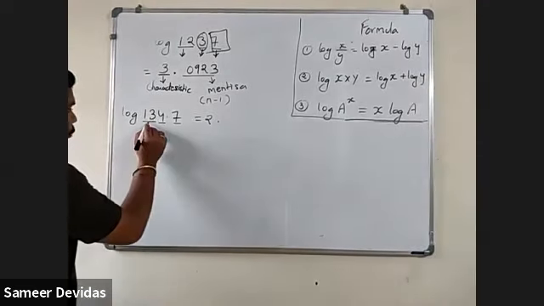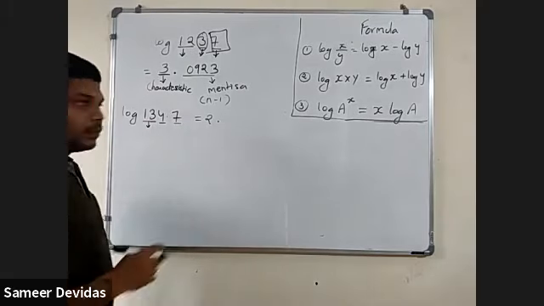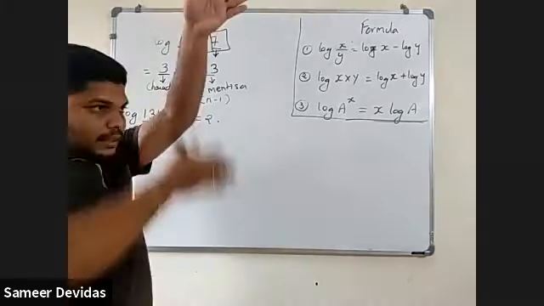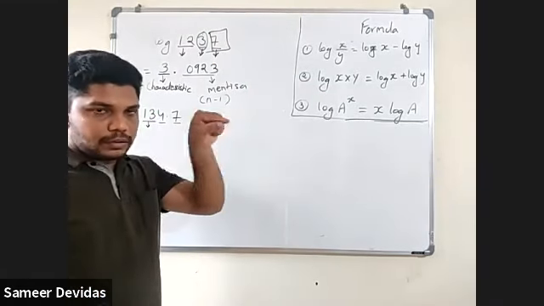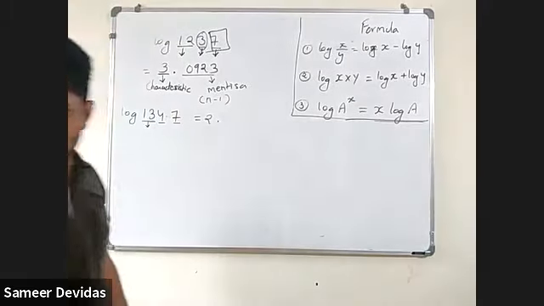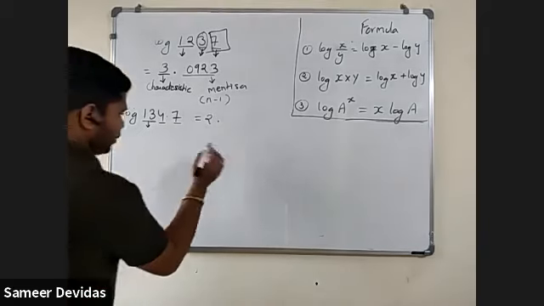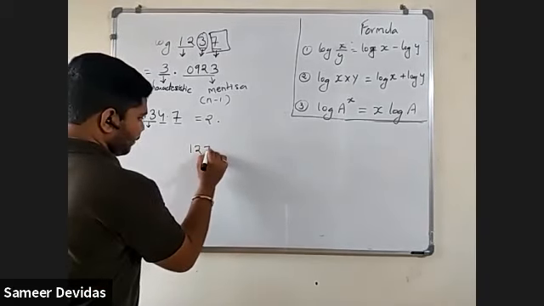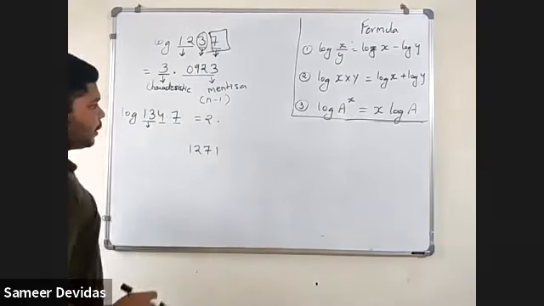So you have to find out in the 13th row, fourth column. 13 is the starting row, so focus on that, 13. Then you go to the fourth column. Check which number you are getting. 1271. Okay, just a minute. You are telling me 1271, correct? Yes, sir. Okay, 1271. This is your number.